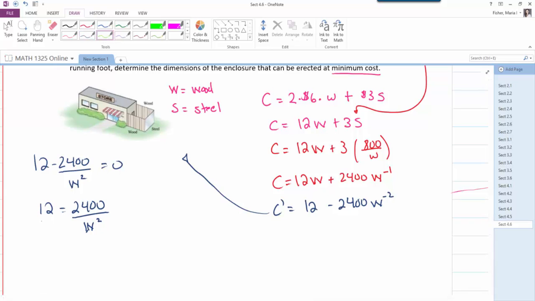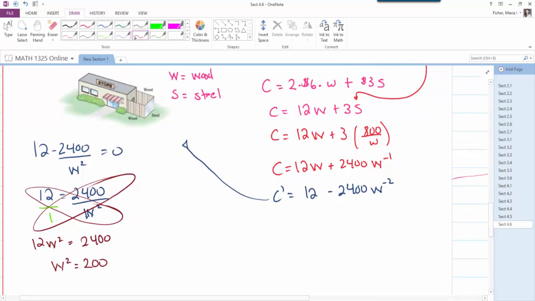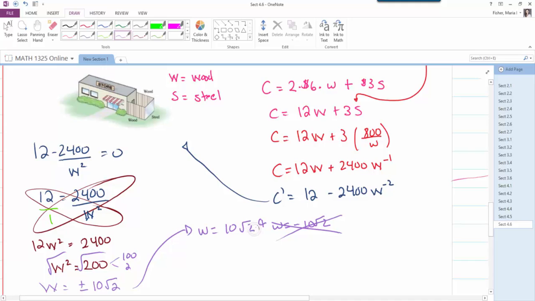If I put my 12 over 1 and cross multiply, I end up with 12W squared is equal to 2400. Divide both sides by 12, and I get that W squared is equal to 200. Taking the square root of both sides to solve this, I end up with W is equal to plus or minus. The largest perfect square that divides 200 is 100, so this would be 10 square roots of 2. Now, just like the last problem we did, we have two answers here, positive 10 square roots of 2 and negative 10 square roots of 2. Well, we can't have negative dimensions, so we know that our wood would be 10 square roots of 2